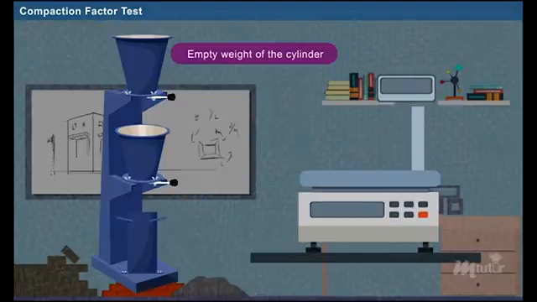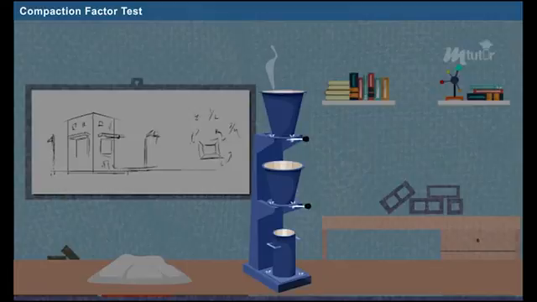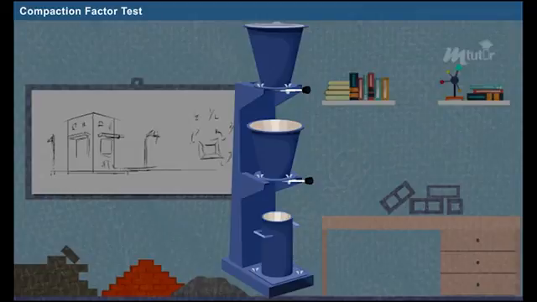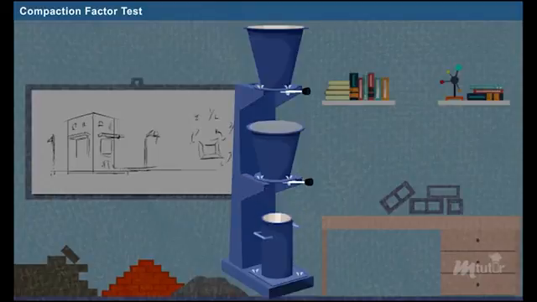Then, measure the empty weight of the cylinder, that is W1 kilograms. Fill the fresh concrete on the top hopper using a trowel without compacting it. Then, the top hopper trapdoor is opened. Thus, the concrete falls on the lower hopper. Gentle tapping is done using a tamping rod to push the remaining concrete from the top hopper to the bottom hopper. When all the concrete has fallen on the bottom hopper, remove the bottom hopper's trapdoor and let the concrete